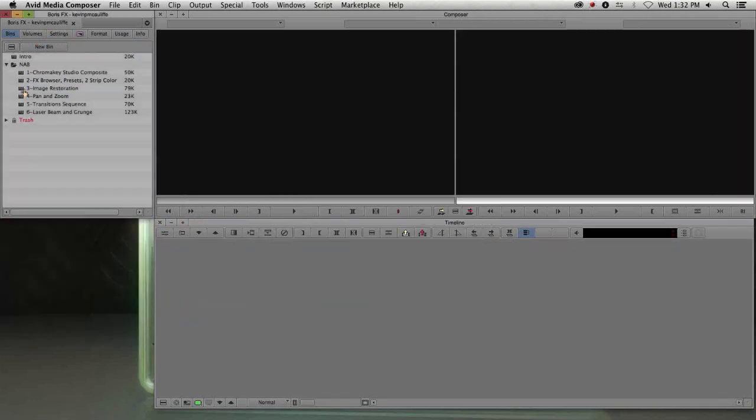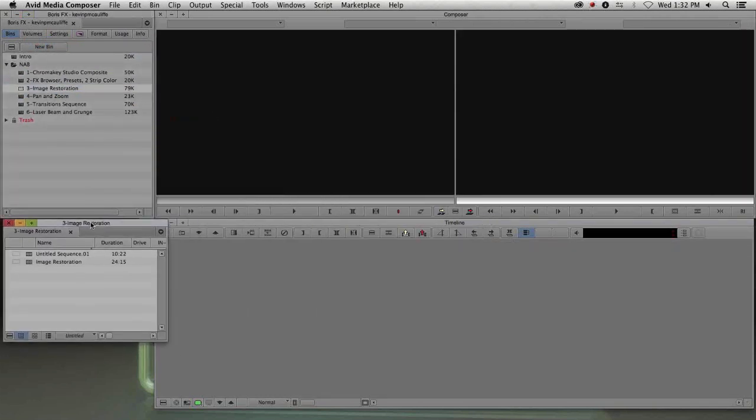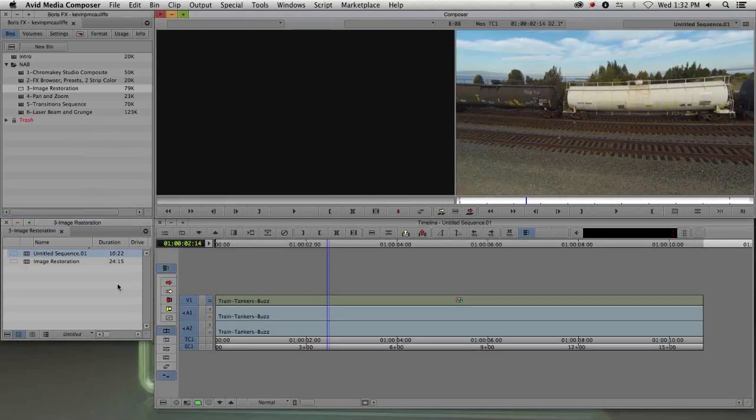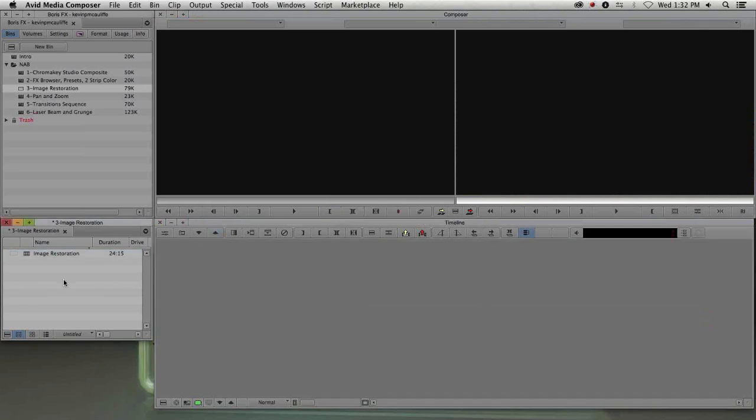Okay, so let's move on here. And let's talk about, we're talking about essential tools. And I mean, really, the FX browser is a perfect example of an essential tool that you're going to want to use. Now, what I'm going to do here is I'm just going to remove this shot because we're going to talk about something right now. Just going to remove that sequence. Let's talk about, and I always jokingly say this is my claim to fame, and this is why it's so important that if you have an idea for something, if you think something's not quite working right,